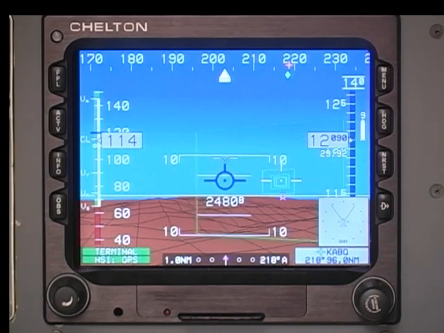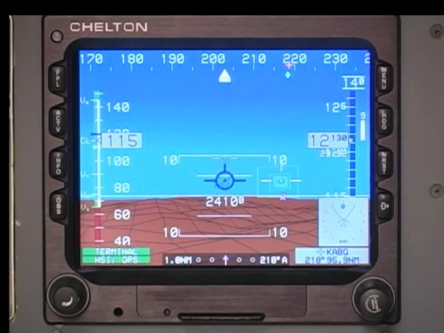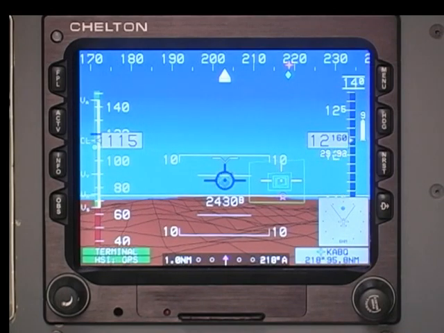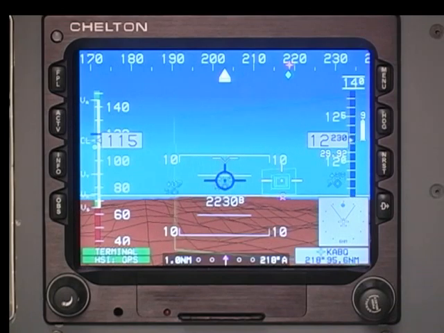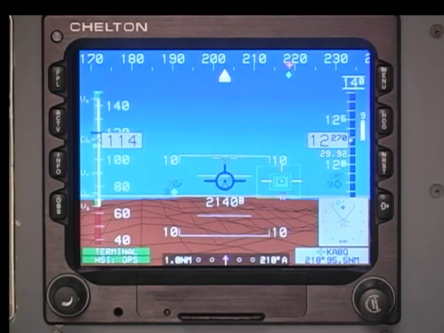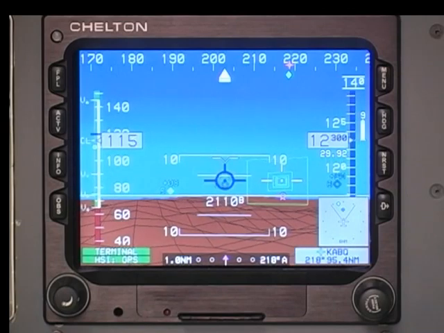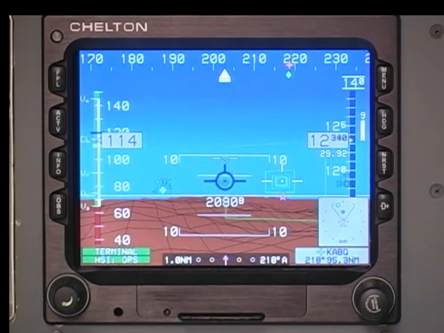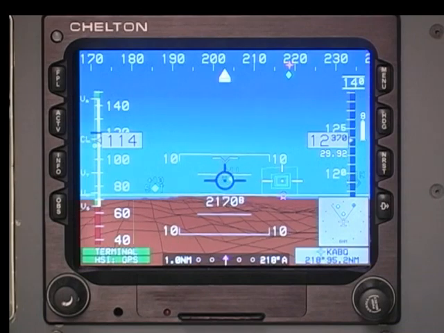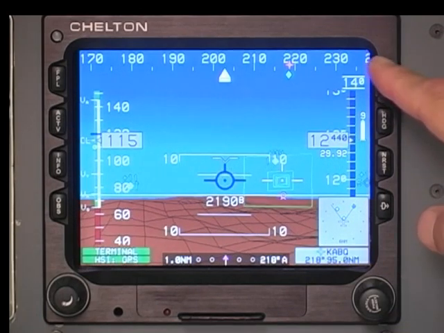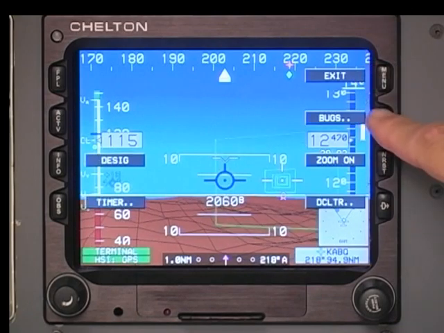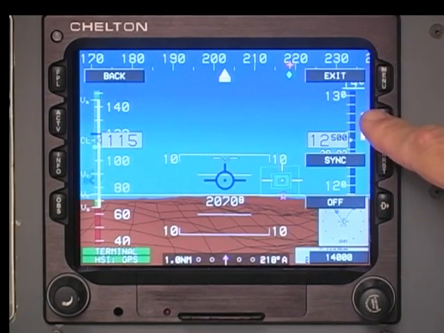Skyway descent angles are based on the VNAV descent angle set using the Bugs function, except inside the final approach fix, where the HITS descent angle is computed from the Jeppesen nav data. To override all VNAV functions and go up or down immediately, set a target altitude bug from the Bugs menu. Note that the target altitude bug must be turned off during published procedures to enable the VNAV altitudes for the